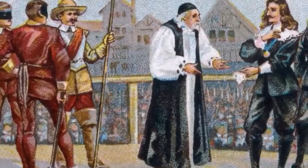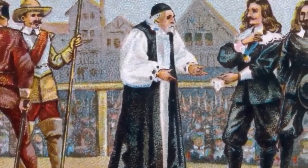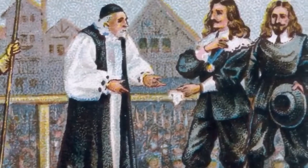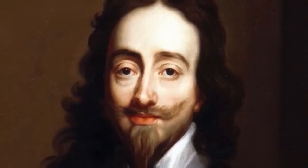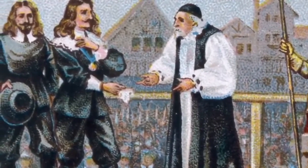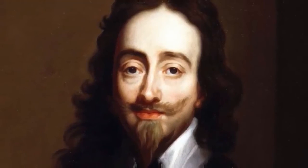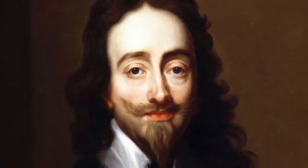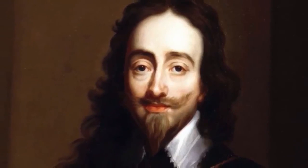Charles I's reign would come to a bloody end with defeat to parliamentary forces in the English Civil War and his public beheading. But in 1633, the increasingly unpopular king wanted to persuade his subjects of his divine right to rule. Realizing the power of his image, he commissioned Van Dyck to paint one of the most striking